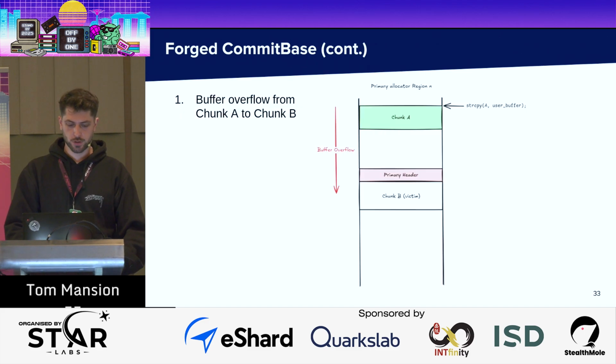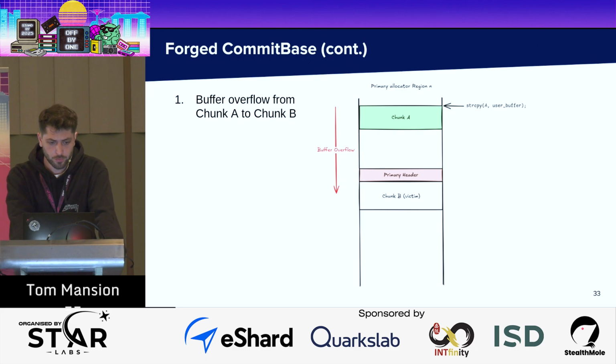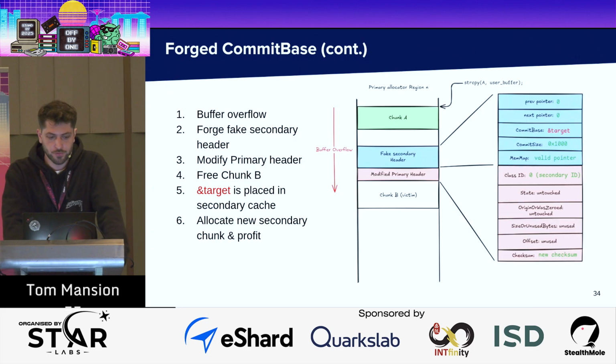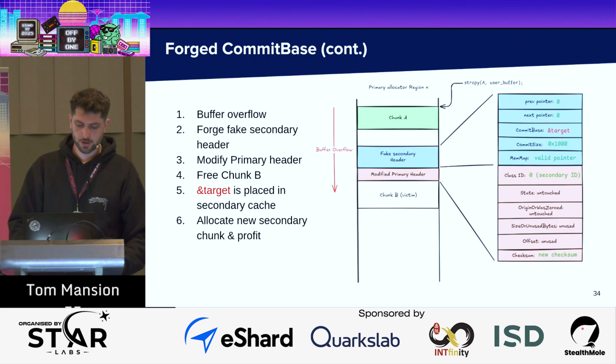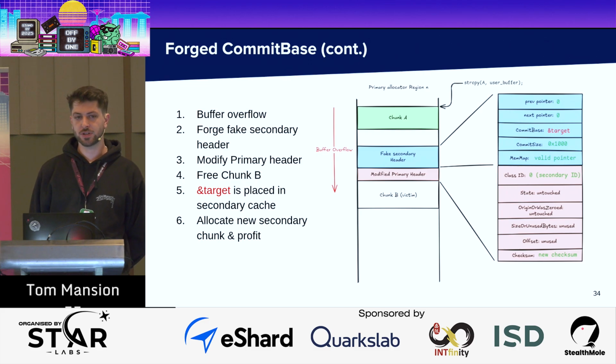So how it works is we start with a buffer overflow, right? We know the address of chunk B. We overflow into it from chunk A. And then what we do is that we forge a fake secondary header above chunk B's primary header. And in this header, we're going to set a few fields. So the prev and next pointers, we set them to 0, but this is just to pass some checks. Then the interesting field is the commit base field. We set it to the address of our target, so where we want our arbitrary chunk to land,